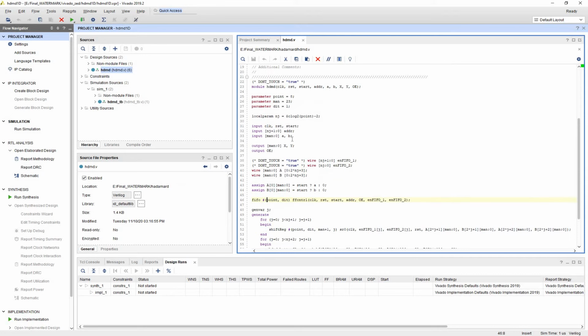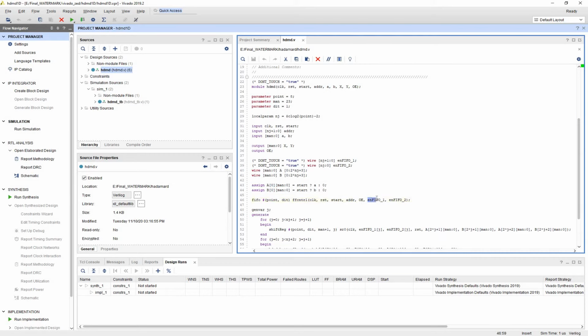Once we define the input and output parameters, we are going to use inputs in the sign magnitude representation. To make the sign magnitude representation, initially based on the start signal, we'll store the signal in A and B. If start is 0, it will be 0. It means even though the start signal goes low before the endpoint, it should pad zeros for the butterfly structure to complete the butterfly structures. So once we pad zeros or we read the A and B inputs, we need to give them to the FIFO kind of architecture,